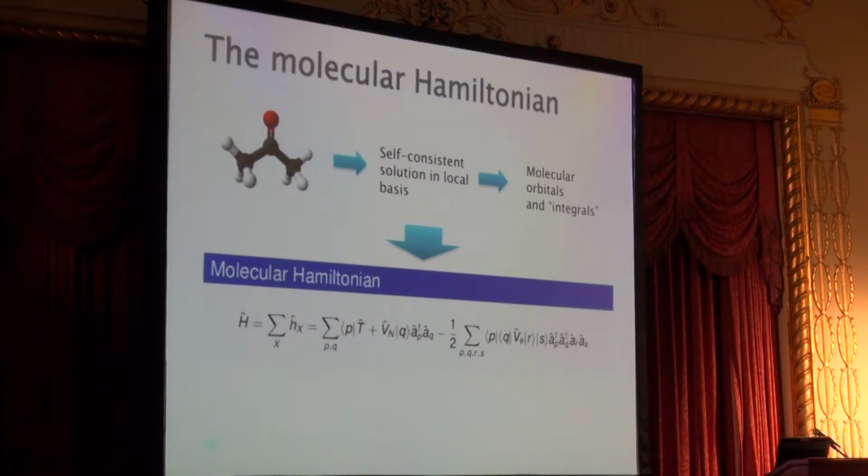I want to make a difference between this and the simulations that usually you hear about, which are lattices or periodic systems, where all these so-called integrals, right, will be very similar, right? They will be hopping terms, or there will be site energy terms, and so on, that are all very similar amongst all your different sites or qubits or atoms in your lattice, etc. For doing chemistry, you really want to have very, very fine control over these site energies and couplings, or whatever you want to think about them, right?